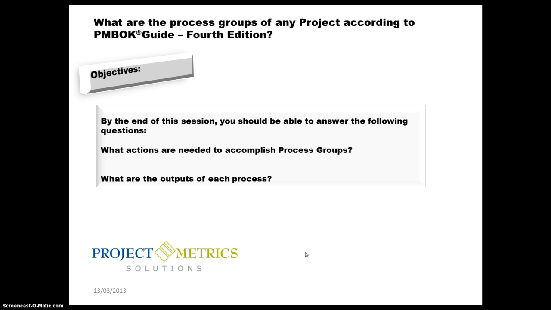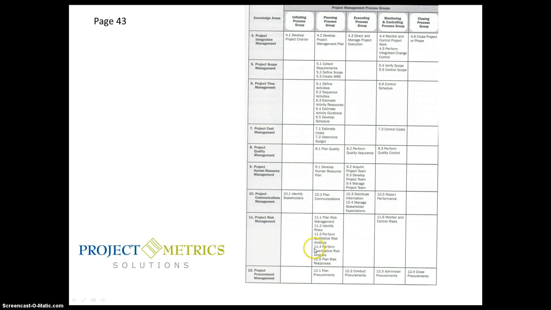Our objective today, by the end of the session, you should be able to answer the following questions. What actions are needed to accomplish process groups? What are the outputs of each process group? I'd like you again to use page 43 as a roadmap when you are reading chapter 4 and chapter 10,